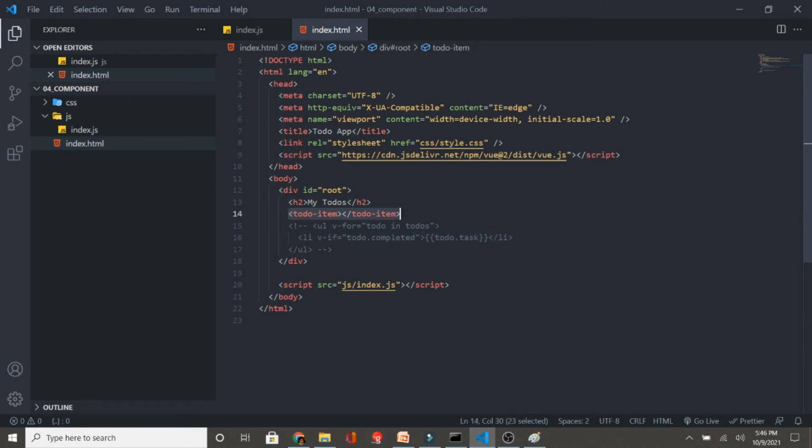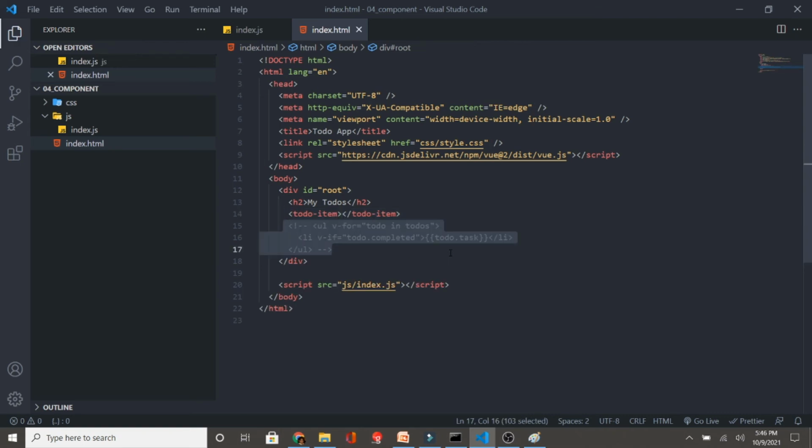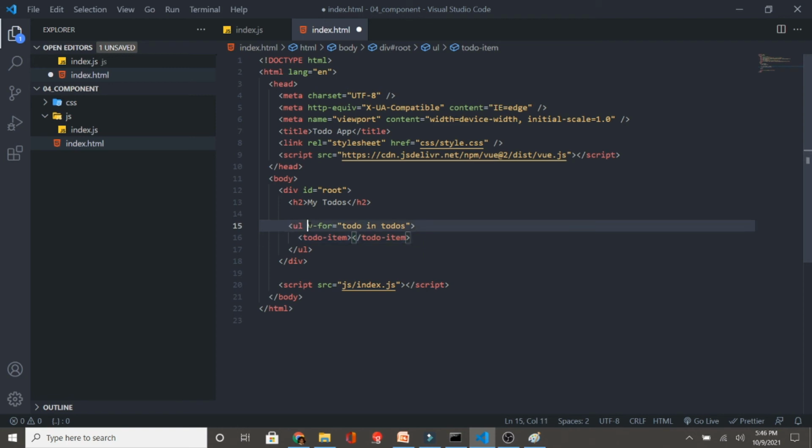Now see, if I remove all these things from here, actually let us remove this. Now this is the to-do item, and at a time into this particular to-do item, this will be displayed with the help of UL. So I can do one thing: I can uncomment it. Now I will not be iterating this particular thing here. Rather, I can just copy and paste it over here. See, I copy-pasted this. Now instead of iterating this, I will be iterating this in the to-do item itself.